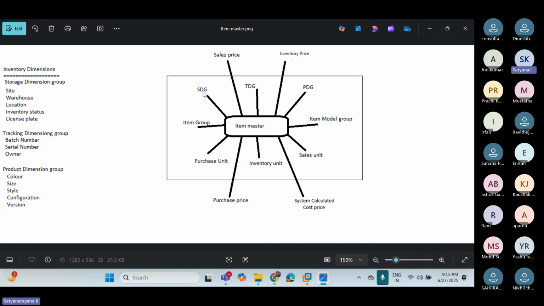Okay. Now SDG, TDG, PDG. What is this? Inventory dimensions. One is storage dimensional group. Another one is tracking dimensional group. One more is product dimensional group. In storage dimensional group, you will find site, warehouse, location, inventory status, license plate. All these five you are going to learn